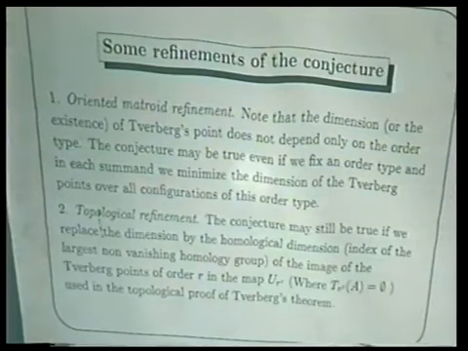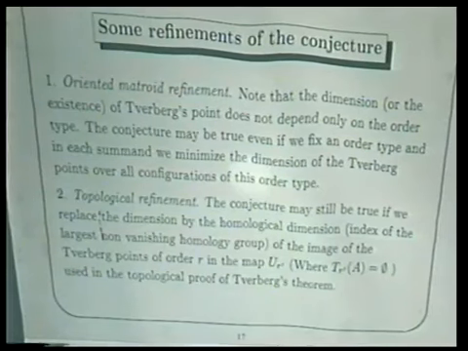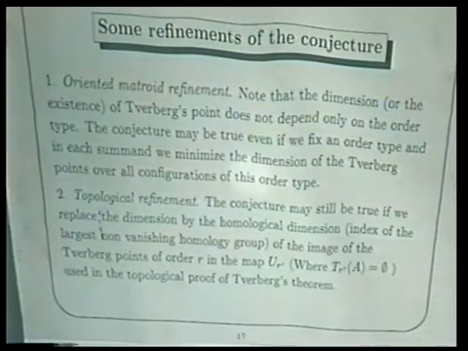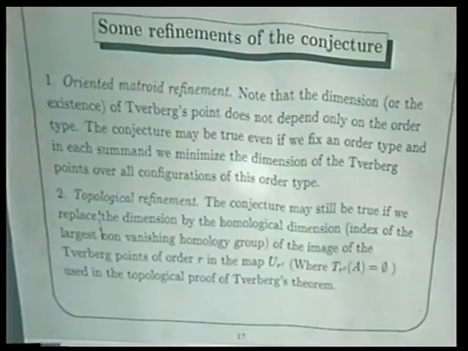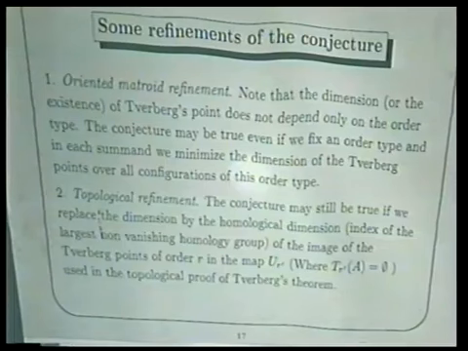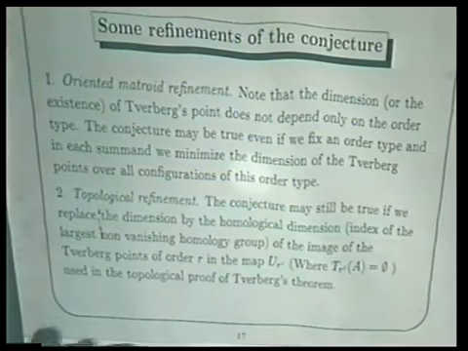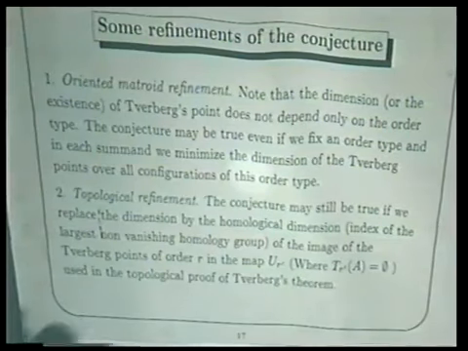Another strengthening of this conjecture, which seems quite difficult because it includes a topological thing, is instead of talking about dimension, let's talk about homological dimension, the list of non-vanishing homology groups, in this function which I mentioned in the topological proof of Tverberg's theorem. Maybe the conjecture is still true in this case. I mean, this is very far-reaching because we don't even know, and there are reasons to doubt, even the original topological condition. But now let me restrict myself just